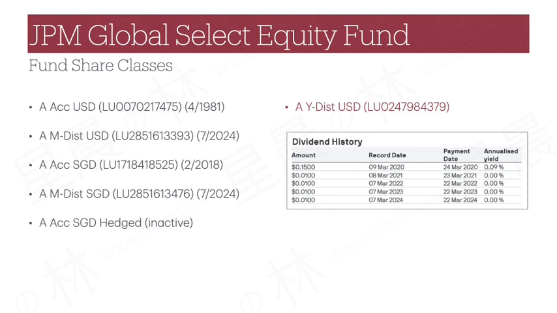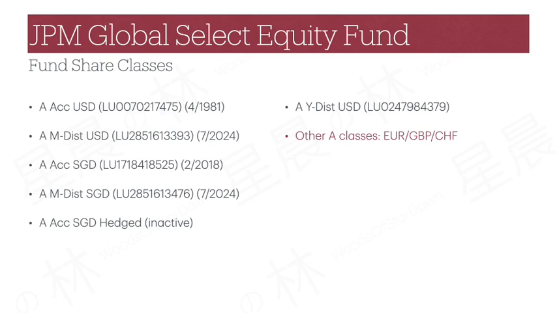If for whatever reason you would like to go for the distribution US dollar share class, do note that the fund also has a yearly distribution US dollar share class that you absolutely should not mistakenly invest in. This is because this share class is a troll that hasn't paid out any meaningful distribution for years. Other A currency share classes available include Euro, Sterling, and Swiss franc, though these aren't registered for Singapore retail investor usage. In terms of fees,